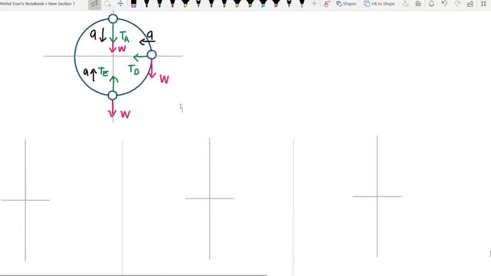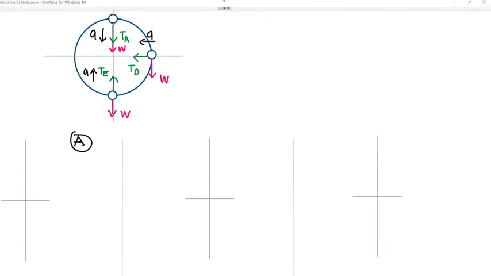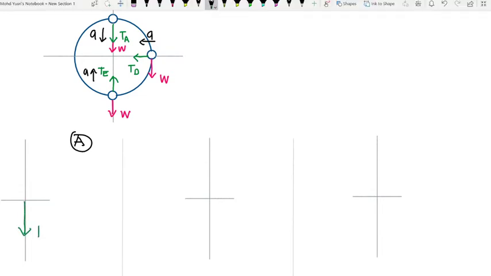Nah, apa yang saya buat dalam gambar rajah ini hanyalah identify forces at point A, D dan E. Sekarang saya nak lukiskan free body diagram at point A. Pada point A, tension is downward. Dan kita ada weight juga downward. Acceleration juga downwards ataupun towards the center. Pada point B ataupun point D,